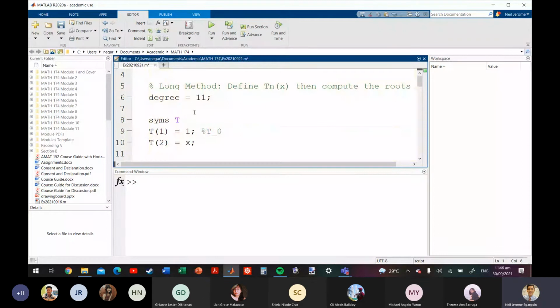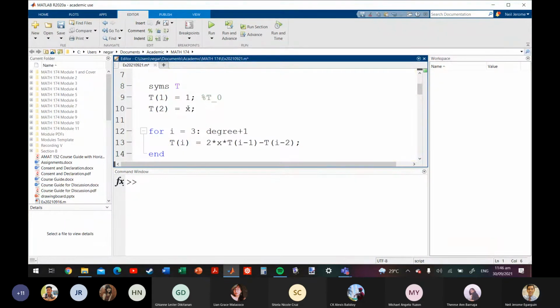So ito yung T sub 1 dun sa lecture notes natin. So kailangan i-take note na parang nadagdagan yung index. So yung index dun sa matrix T ay 1 more than the degree of the Chebyshev polynomial. So yung T of 2, yung second entry dun sa vector natin of Chebyshev polynomials, is actually the Chebyshev polynomial of degree 1. So may konting adjustment na nangyayari.